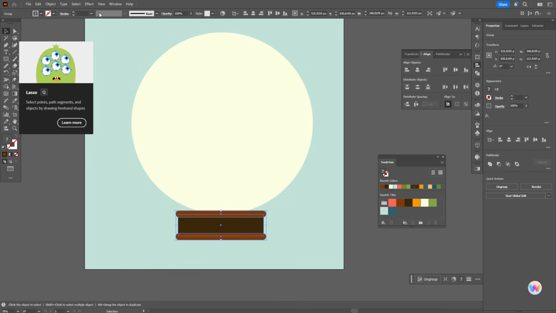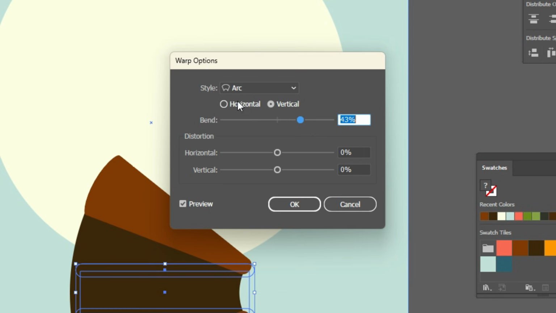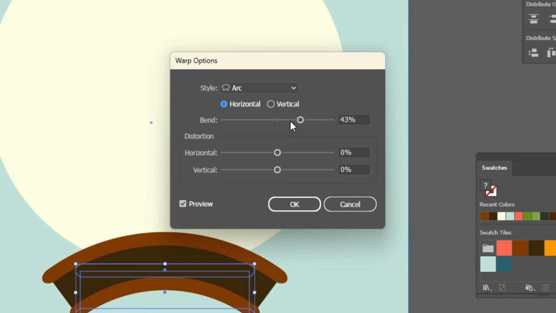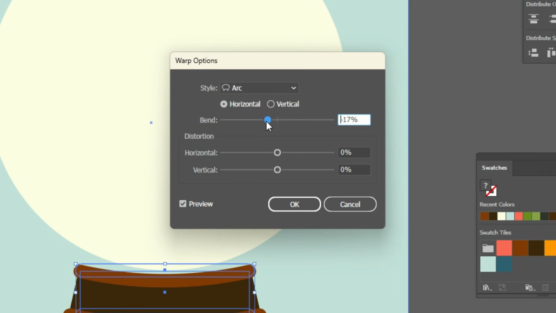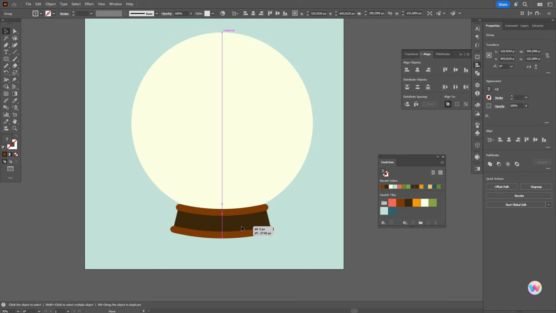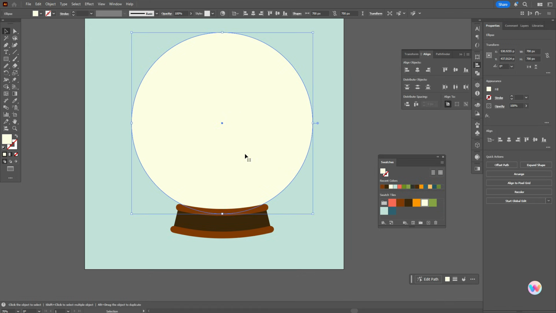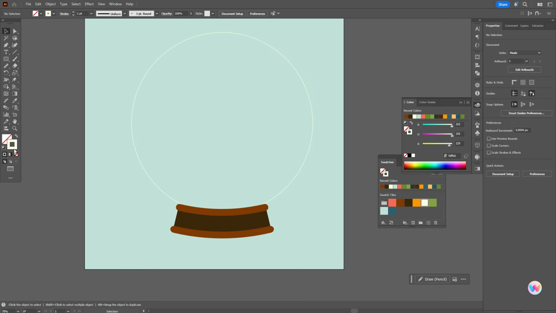Okay, now effect, warp, arc and horizontal, and play a little with option here. I think it's great, will be -16. Okay, object, expand appearance, put here. It's ready. Now select that element, change fill to stroke and unselect, and now again change stroke to fill and